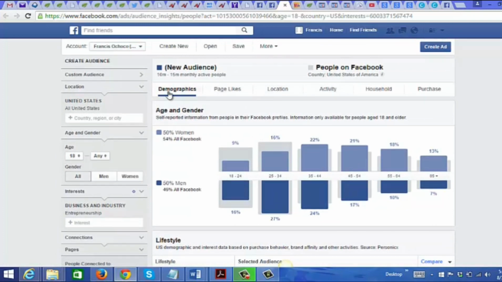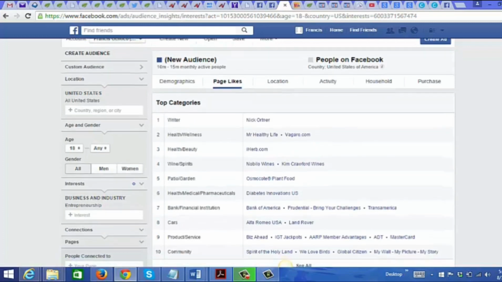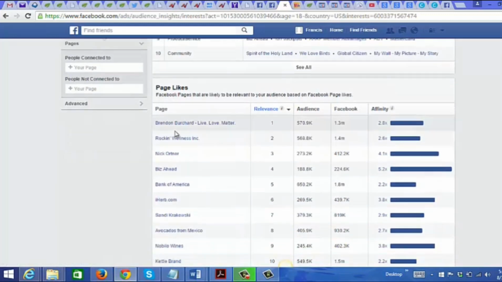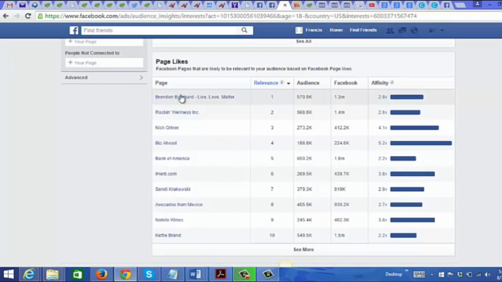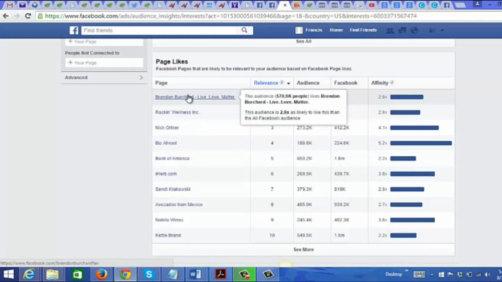Right now I'm looking at demographics, but you can also go to page likes and see what they have liked on Facebook. You can see the top categories here, and the most relevant pages that they have liked. The most relevant one here is Brendon Burchard. So you could target people who like Brendon Burchard.